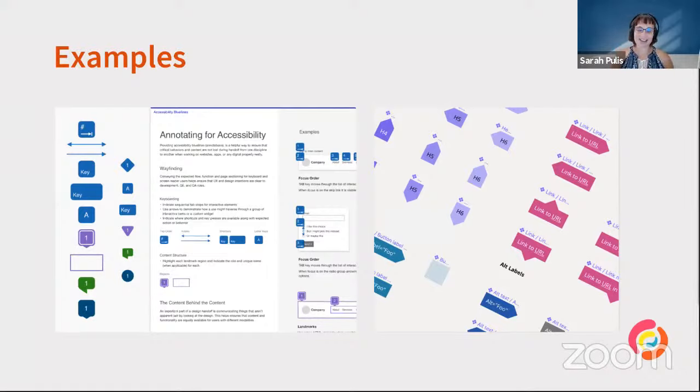And so those are some of the core principles that we have used to think about how people can use annotations more broadly and also to build out our own kit. At the end of the day, it really doesn't matter if you use ours, someone else's, or even design your own. What matters is that you take away what we're talking about today and hopefully apply that within your organization.